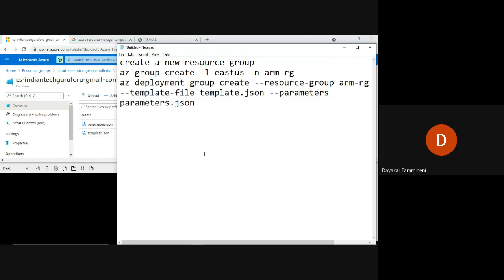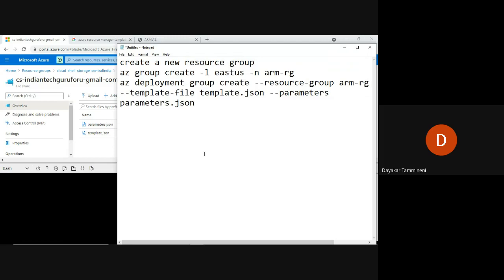Previously we deployed a new virtual machine using an ARM template in the portal. Now we are creating a virtual machine in the Cloud Shell. That is the difference.